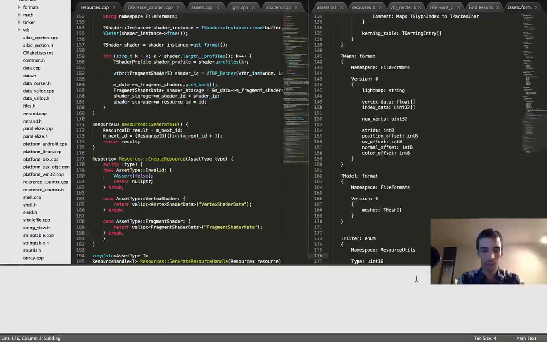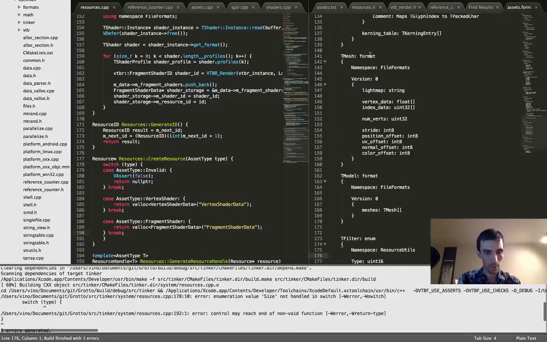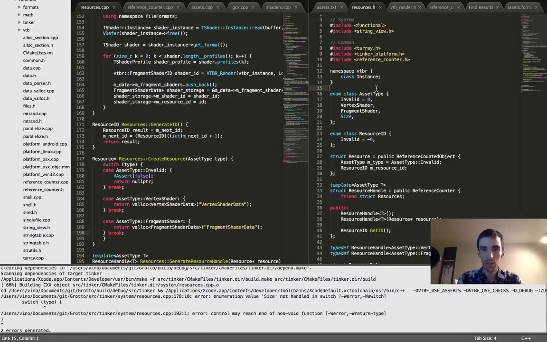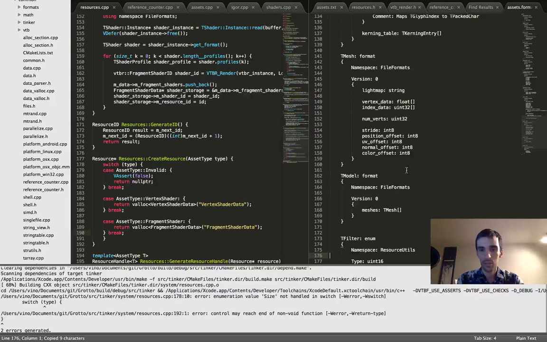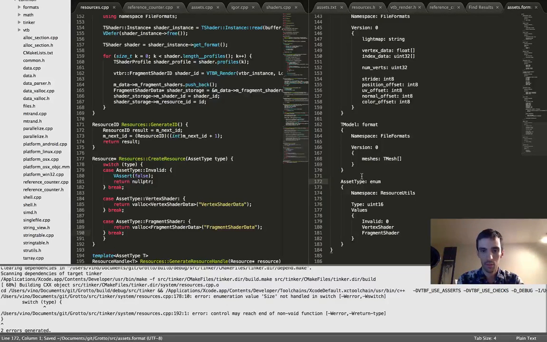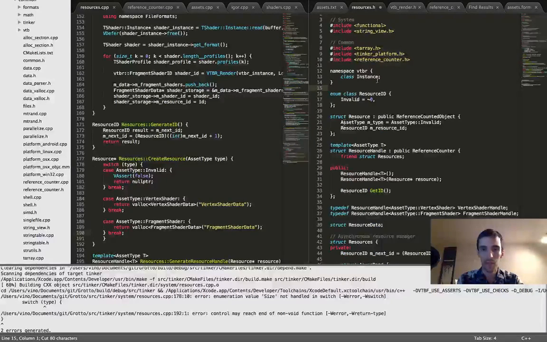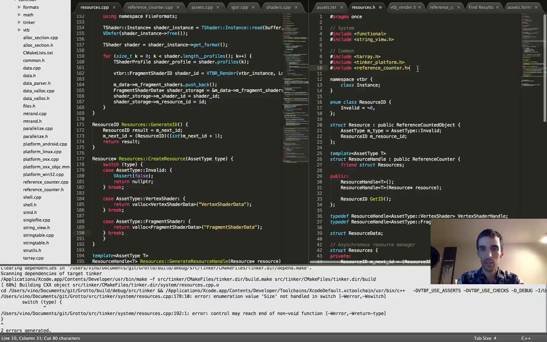Save that, compile. All right. And then, wait, asset type is the name. Then I can delete this asset type. Yeah. And include